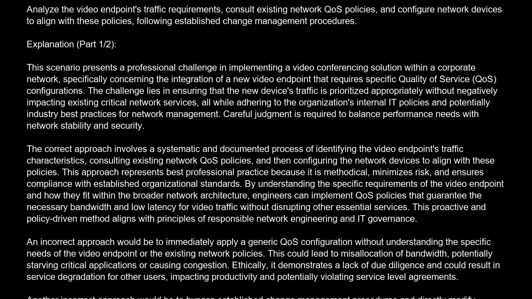An incorrect approach would be to immediately apply a generic QoS configuration without understanding the specific needs of the video endpoint or the existing network policies. This could lead to misallocation of bandwidth, potentially starving critical applications or causing congestion. Ethically, it demonstrates a lack of due diligence and could result in service degradation for other users, impacting productivity and